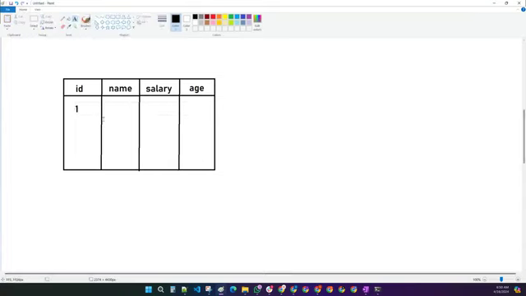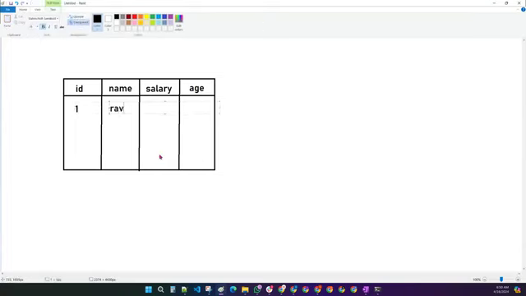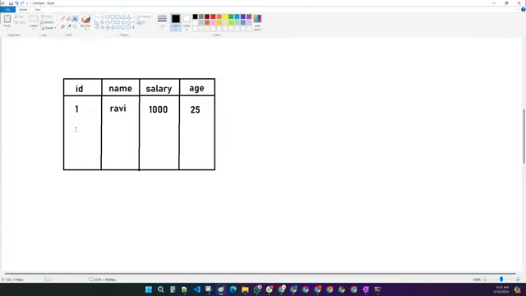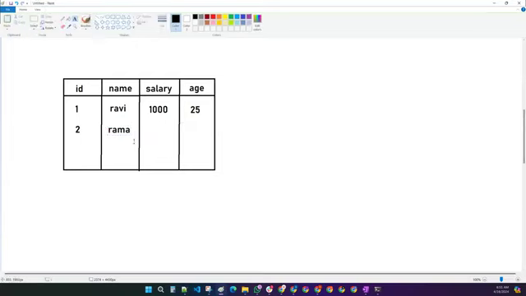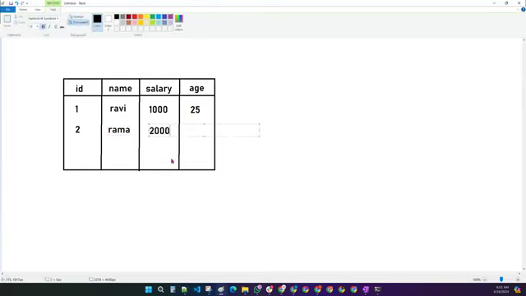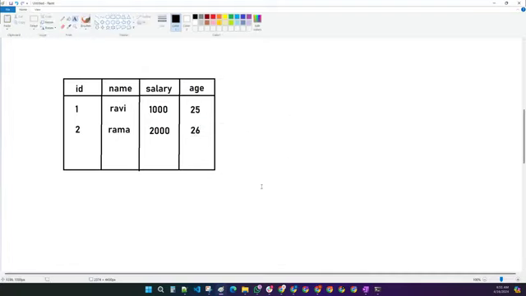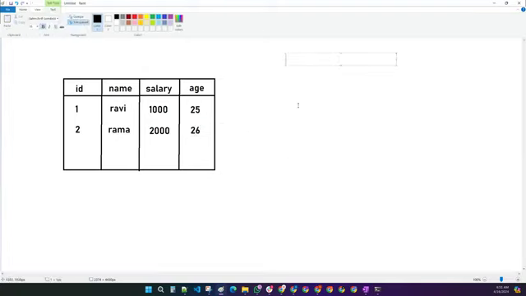ID one, name Ravi, salary 1000, age 25. Then ID two, Brahma, and so on. Look here. If you go to the traditional systems,